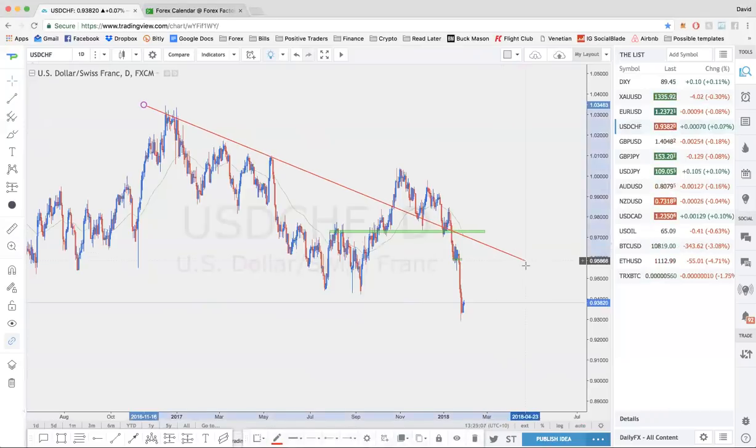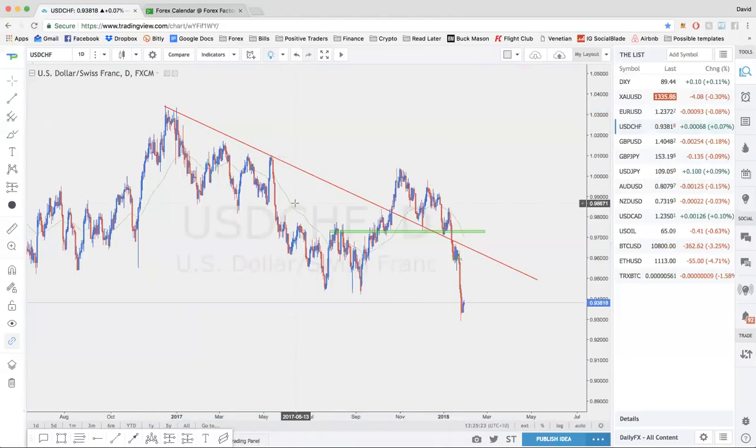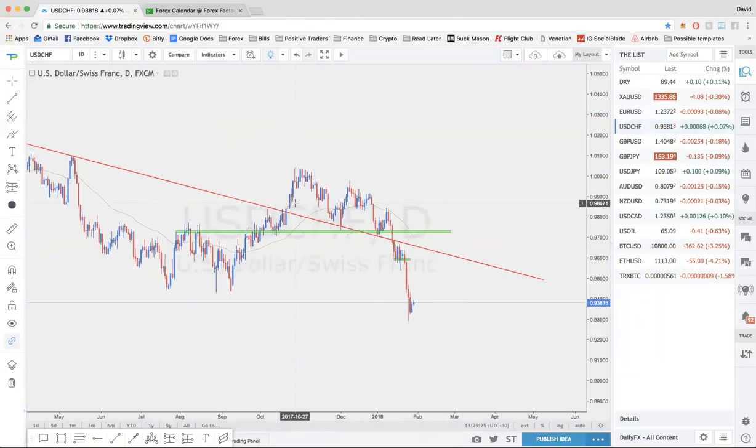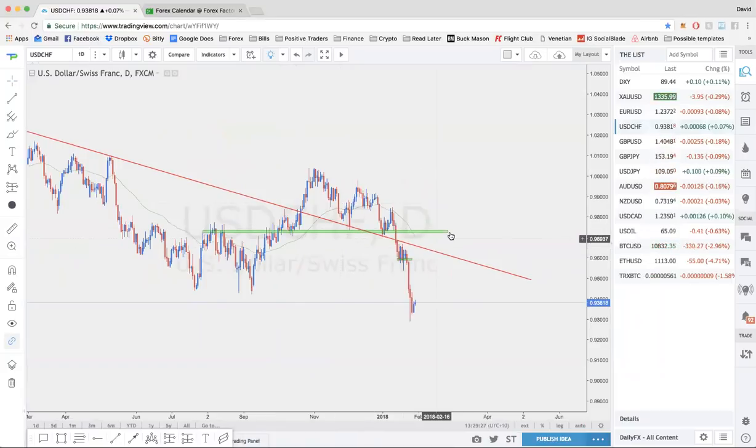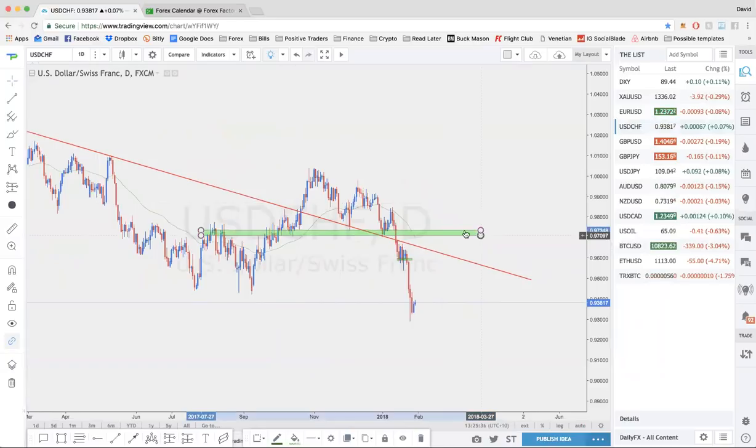I'm actually going to go ahead and extend this just a little bit. We can actually clean this up too. Let's go ahead and kind of clean that up a little bit. Something along the lines of that. Okay, I like that a little bit more. So that would probably be a pretty significant area of resistance if and when we made it up to that area. This zone is still a couple hundred pips away, but I think that this is a fair area to keep